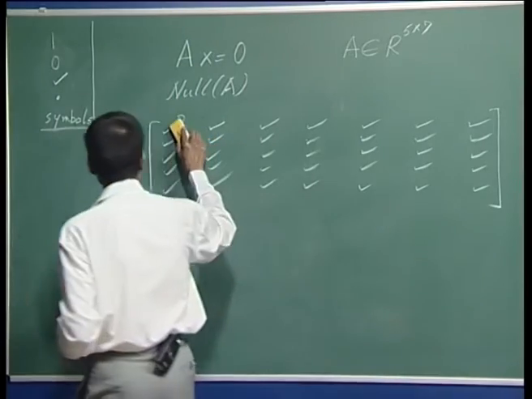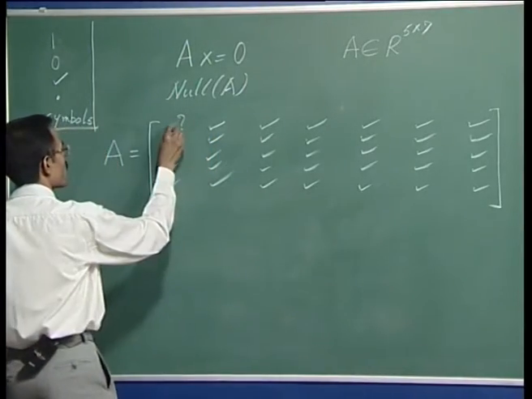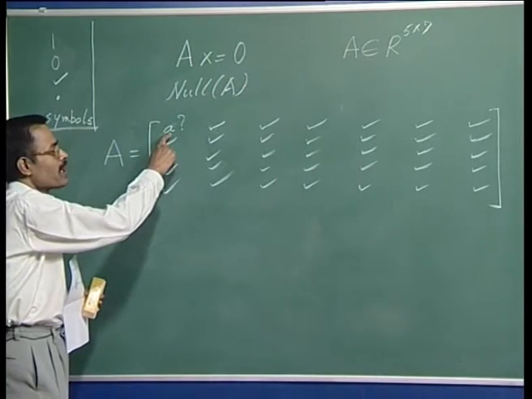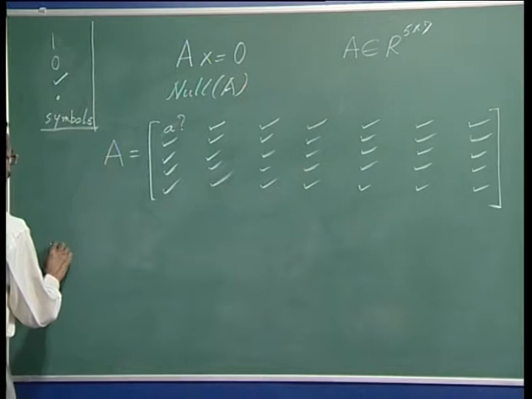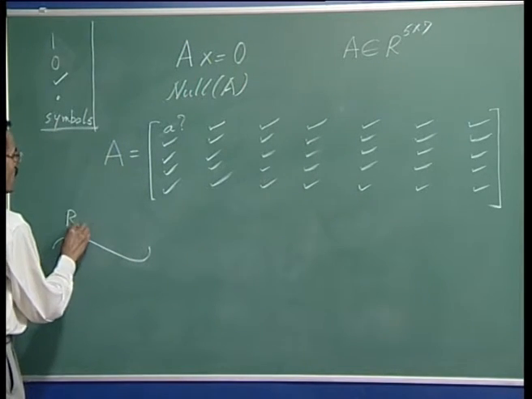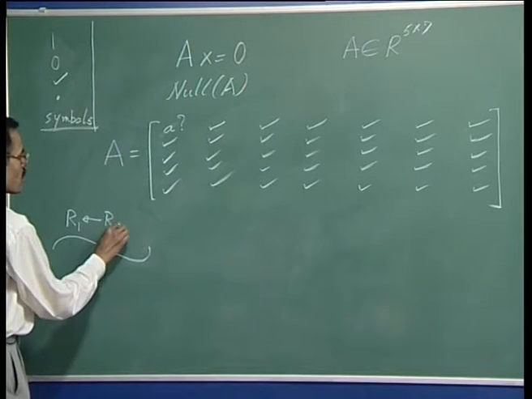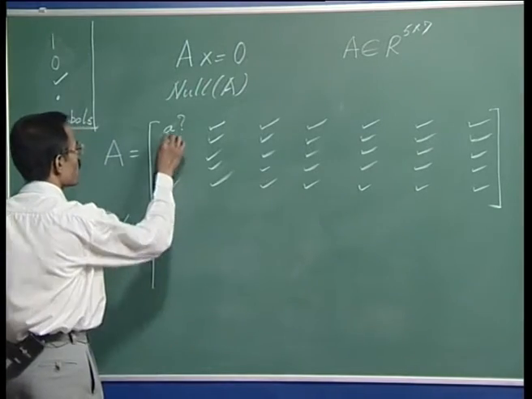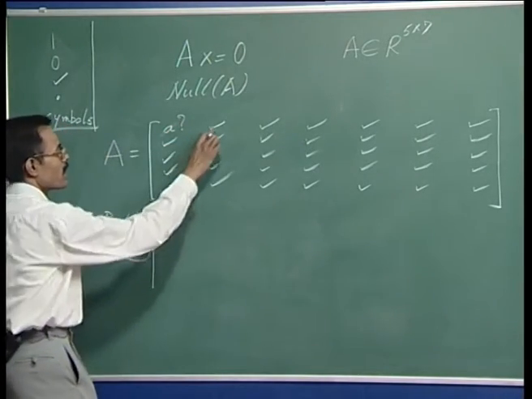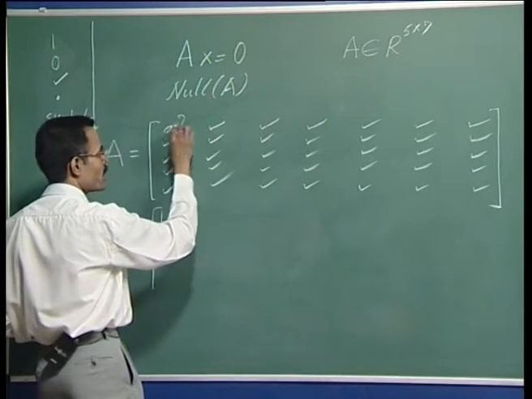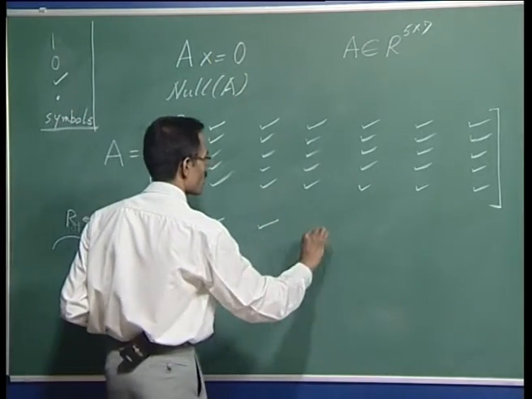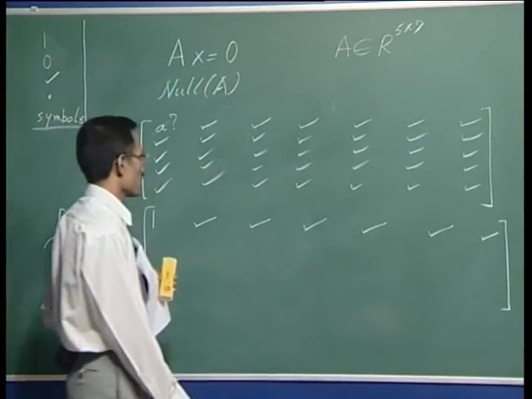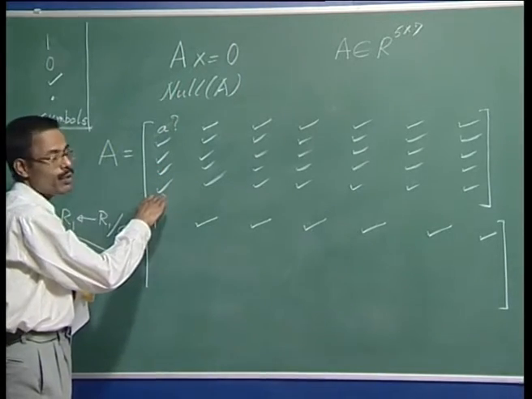For this entry, for the time being, we give a name A, and then we wanted a 1 here. So, we apply an elementary row transformation, which is: divide the first row by A, that is this number. If we divide, then what do we get? We get 1 here, and something here, that is whatever the old entry was divided by A. So, these get changed. The other 4 rows do not get changed.